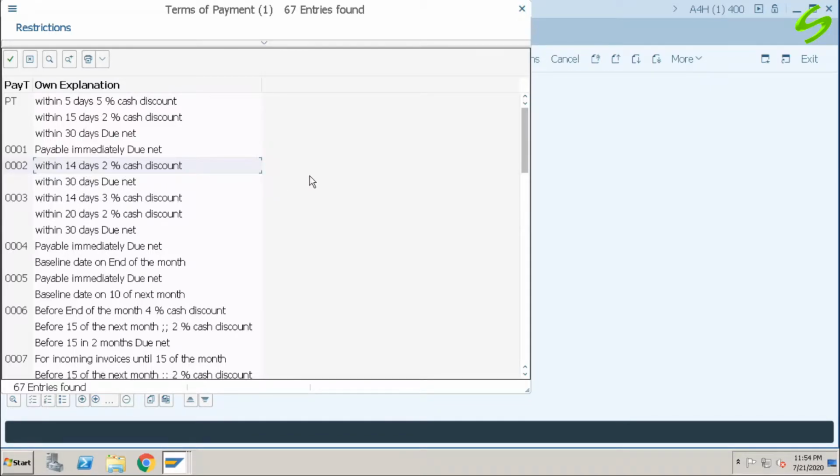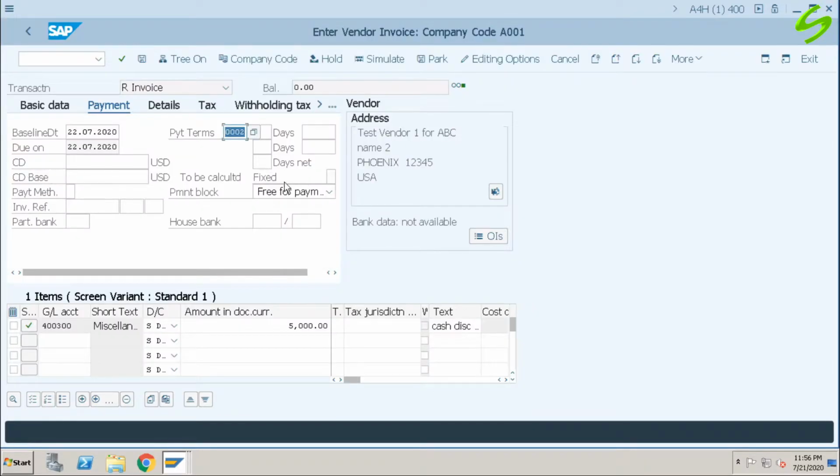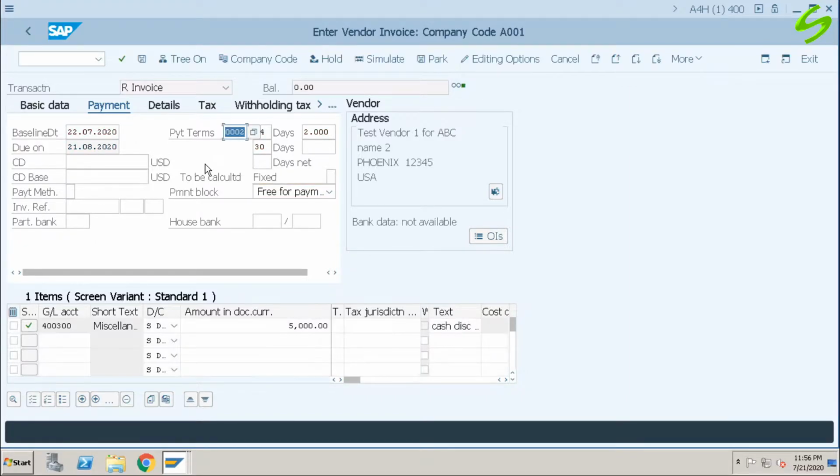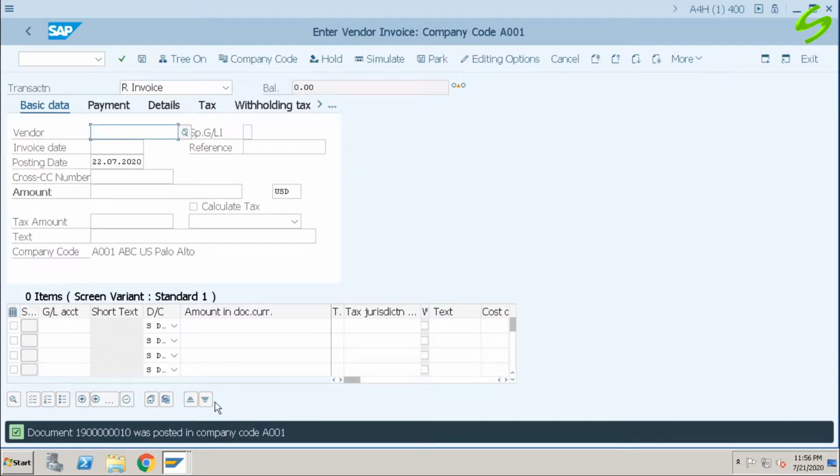Let's select this, hit enter. System has updated the baseline date, due date and the payment terms. Let us save it. Post. Invoice 196010 is posted. Now let us make payment. Transaction code F-53.